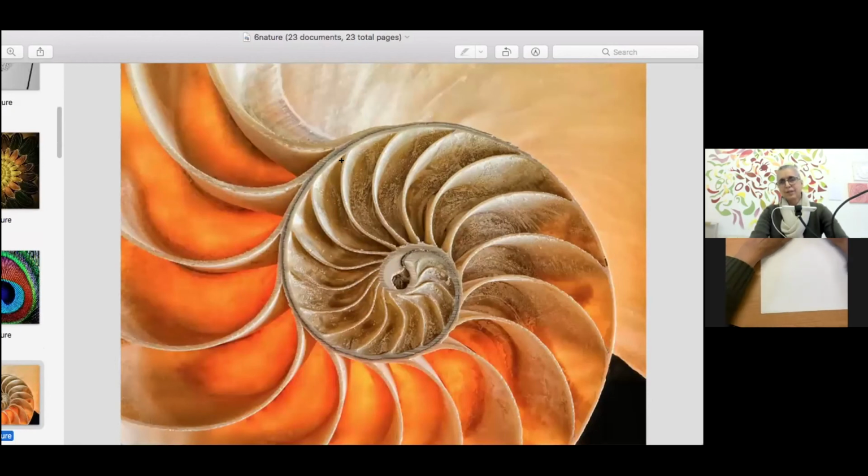And this is such a beautiful one. I just feel so drawn. And I think we all somehow get drawn to certain kinds of images.